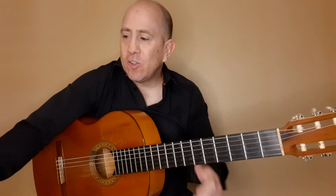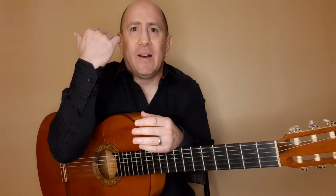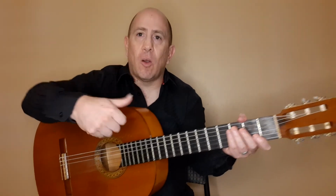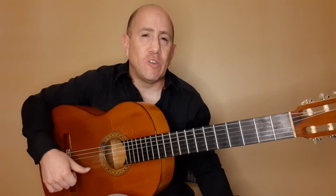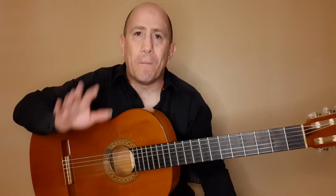All right. So now you have 3 different versions of this Soleá, like a beginner Soleá compás. Again, I want to reiterate that this isn't really how we play Soleá compás for flamenco guitarists, but it has a lot of the elements of how we play it. And so you're going to be getting a good start with your fret hand and a good start with your motor hand, getting used to using that thumb, getting used to the strums, but most importantly, to counting the compás,